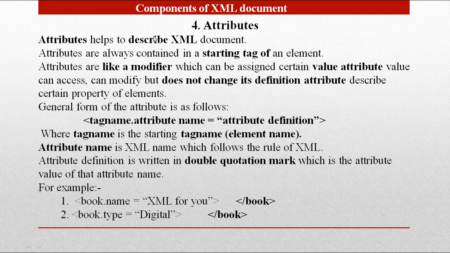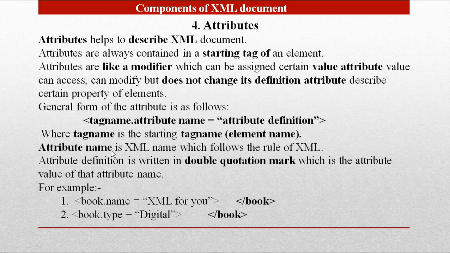The fourth component is the attributes. Attributes help to describe documents. Attributes are always contained in the starting tag of the element. Attributes are like modifiers, which can be assigned certain values. The value can be modified, but it does not change its definition. Attributes describe certain properties of the elements. The general form of an attribute is tag name dot attribute name equal to attribute definition, where tag name is the starting tag name,